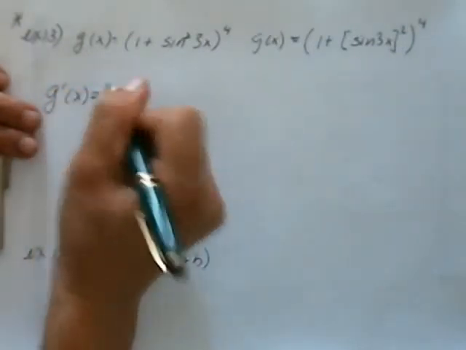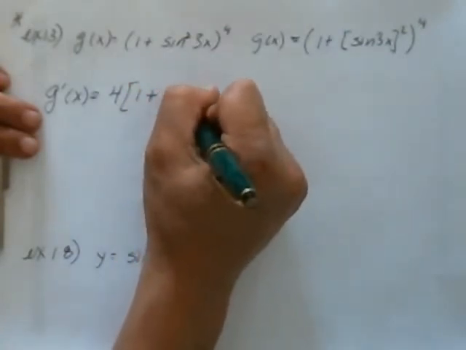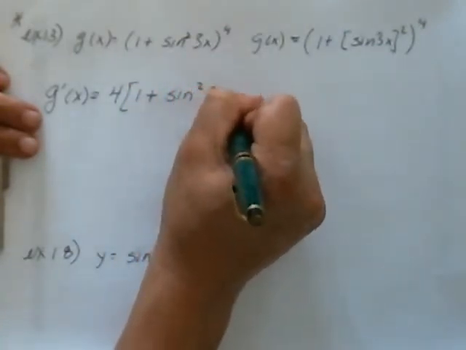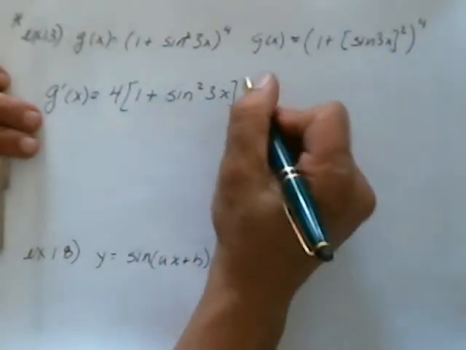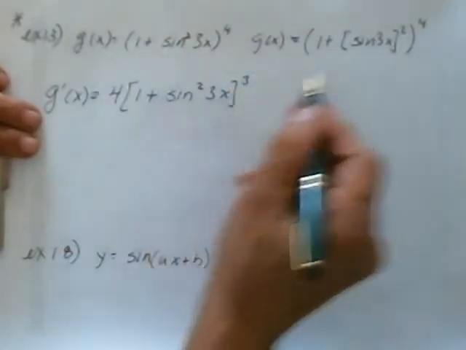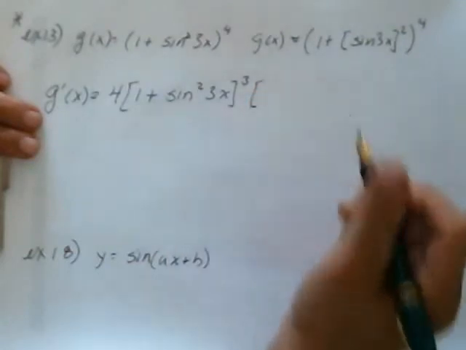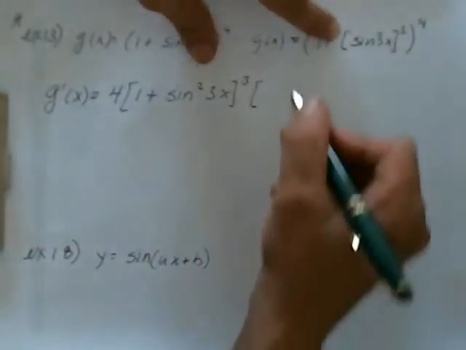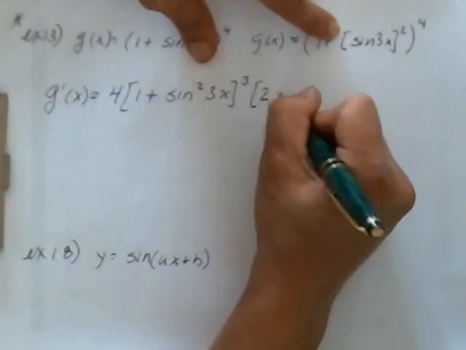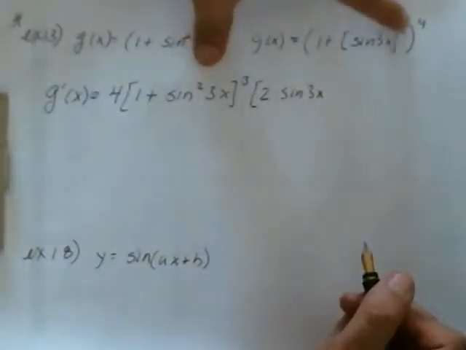Okay. So as soon as we take the derivative, bring the power on down. That's the power rule. G prime of x is equal to 4. Inside stays the same, 1 plus sine squared of 3x. I'm just going to leave it like that instead of rewriting sine of 3x quantity squared to the 3rd power, because I subtracted 1 on the exponent. That's the power rule, times the derivative of the inside now. The derivative of a constant is 0, obviously. Bring the power on down. So 2 times the sine of 3x. Notice that right there, the power came on down, subtracted 1,